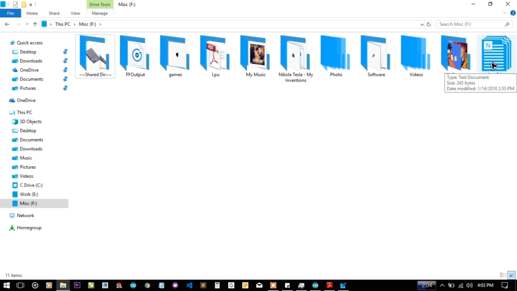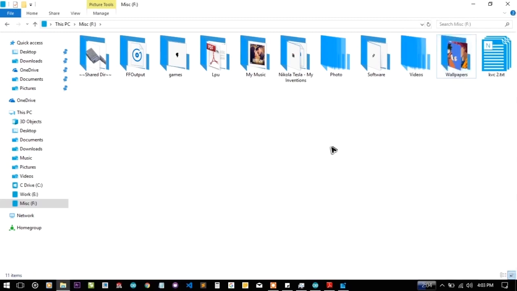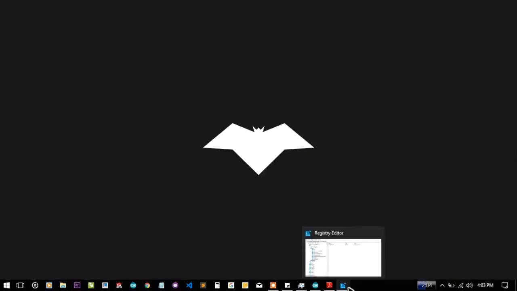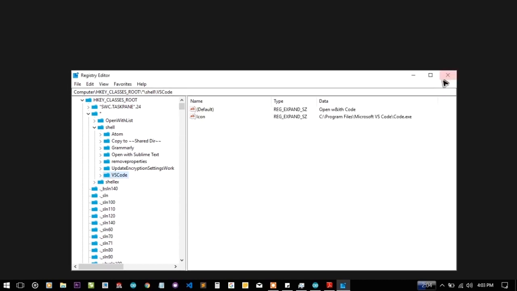Otherwise, the context menu that we have modified is of the files context menu, not for the folders. So you won't see the command here, open CMD. So that's for this tutorial. Let's delete that. And okay,